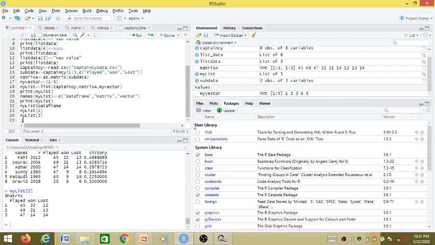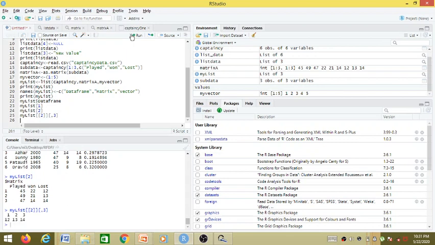We have my list, and we are providing the second element, and from that second element I want to access the third column. So by giving this smart indexing, we are able to get the column, and we can cross check it here itself.